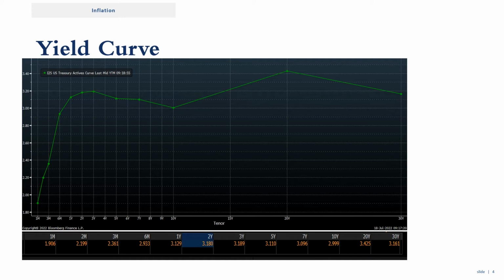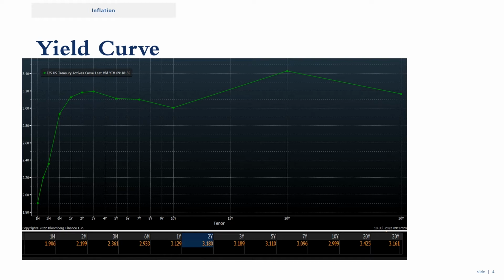Here you can see on the bottom we have the rates on a 1-month basis, 2-month rates, 3-month rates, 2-year rates, 10-year rates, 30-year rates. What you'll see is that the 2-year rate at 3.18% is lower than the 10-year rate at 2.99. Here's your 2-year rate, here's your 10-year rate, and the short-term rate is higher than the long-term rate,